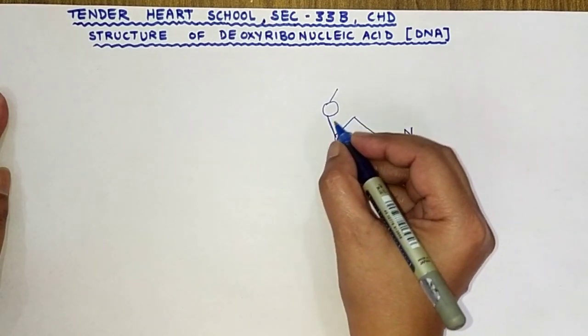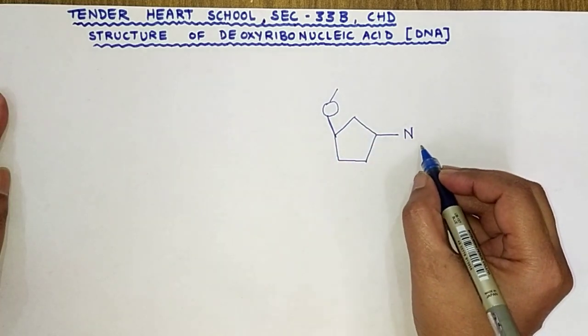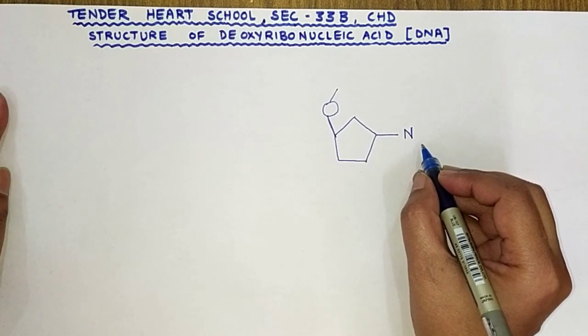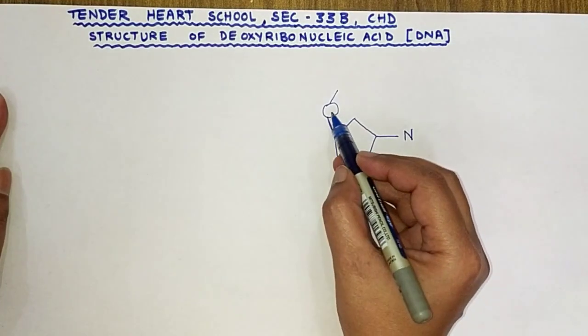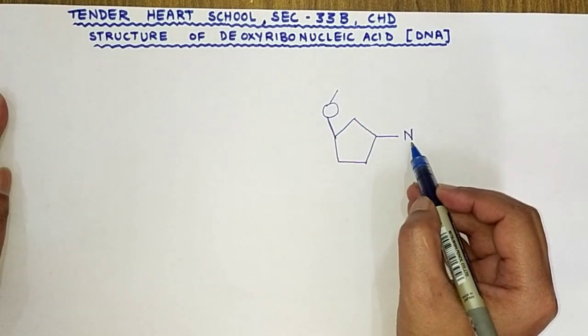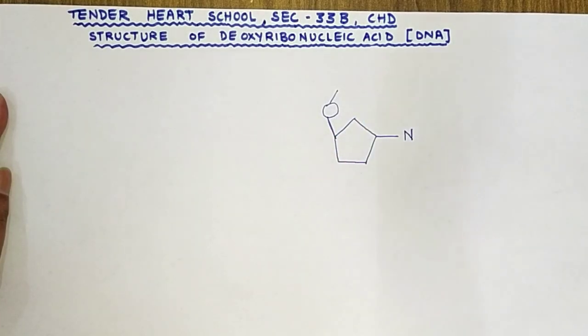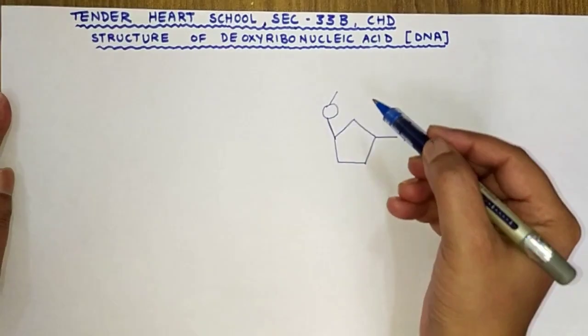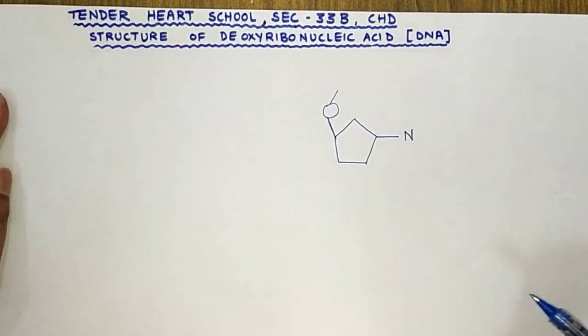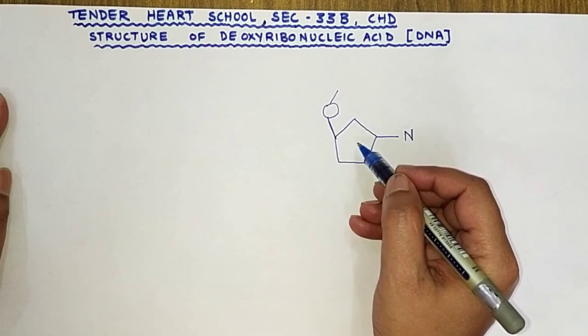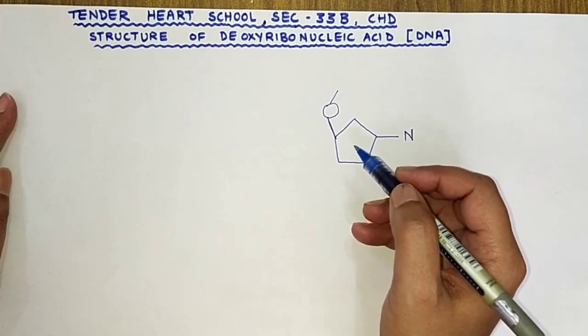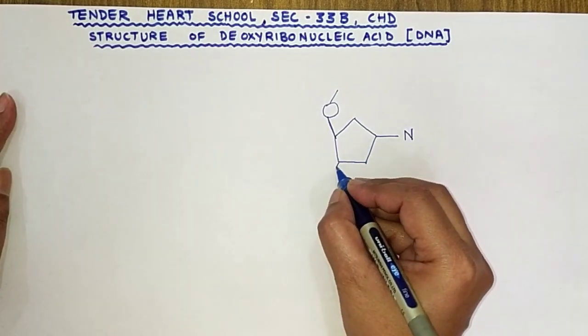So now this is one nucleotide, which is the smallest unit of DNA. A nucleotide has 3 components: pentose sugar, phosphate group and nitrogen base. Now DNA is made up of 2 strands, and each of these strands is further made up of many molecules of these nucleotides. So let us draw further.